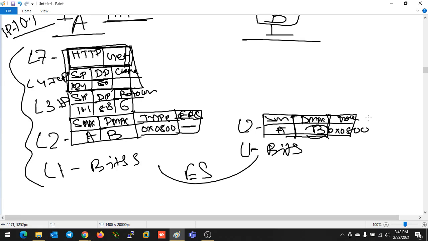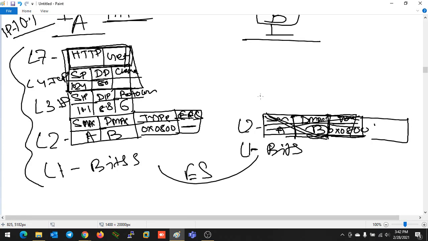It will also do all the things and will check the FCS value. If the value is same, first of all the FCS value will be checked. Okay, then it will check the destination MAC address. Then it will check the type field. From the type field it will get to know that IP is in use from this value 0800, and it will discard all this frame information, and the data will be here now.